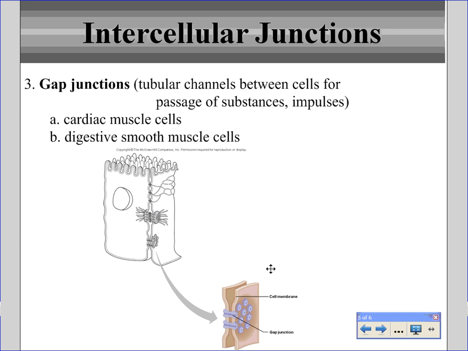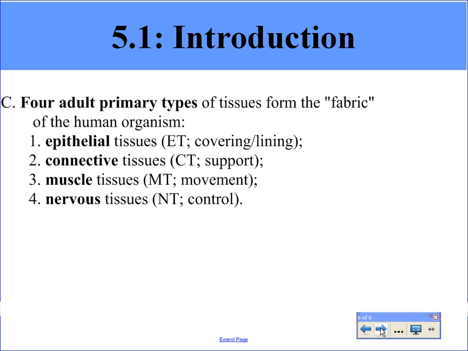atria, both right and left, we want them to contract at the same time, forcing blood into our ventricles, and then we want those ventricles to contract at the same time. And all those muscle cells need to be able to communicate with each other so they do, in fact, contract at the same time. Our last slide here just goes over the four tissue types that make up our organs,